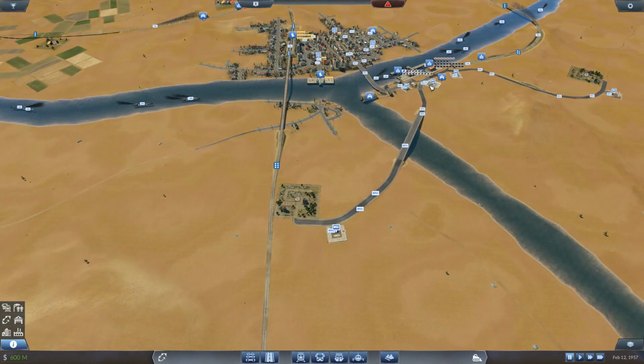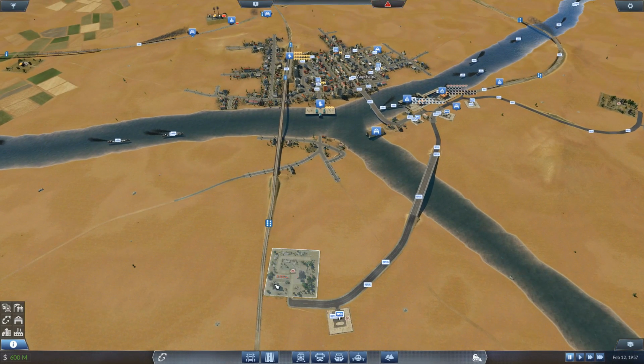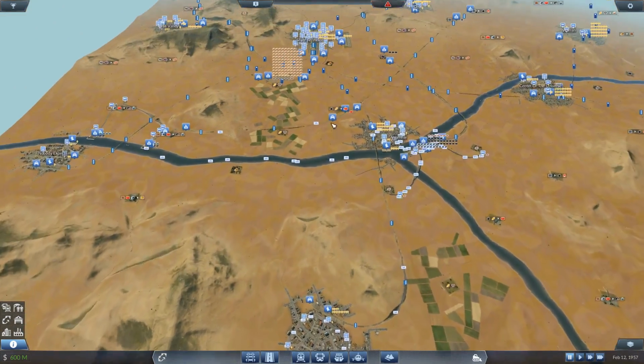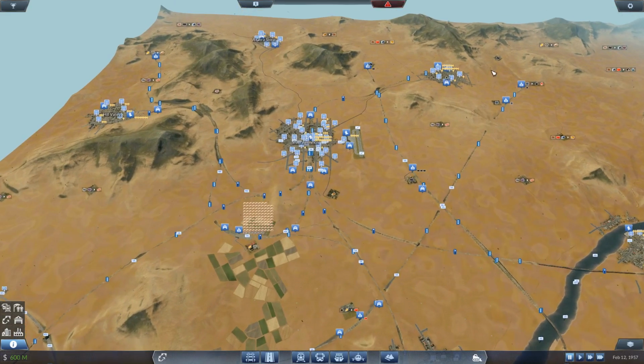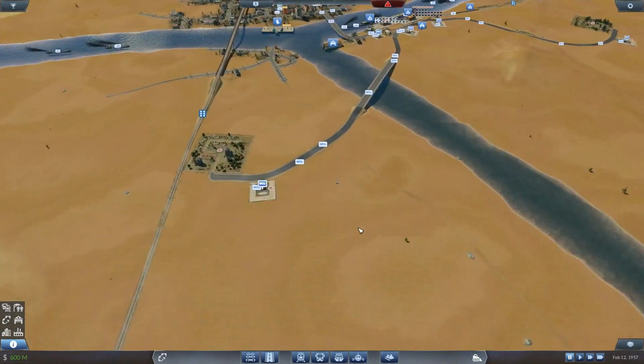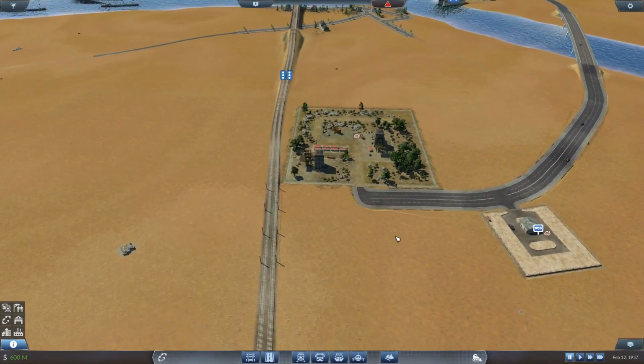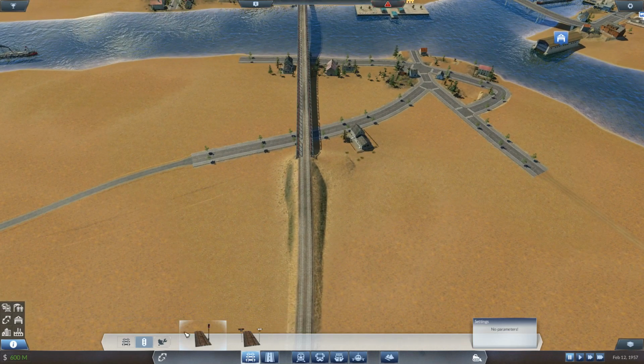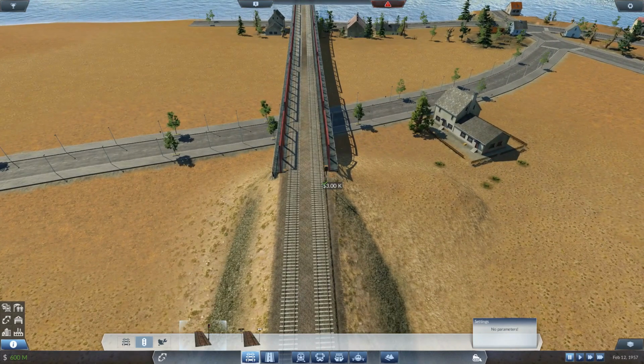But what we could do is get the trucks to come up here, and then we could put in a station here and ship it out to Elizabeth and Silver Fennekin and maybe other places. So let's do that. All right, first thing I want to do, I'm going to put in a couple of signals up here after this bridge,